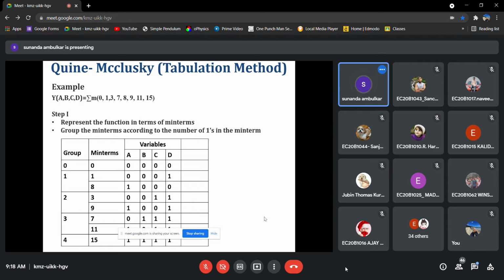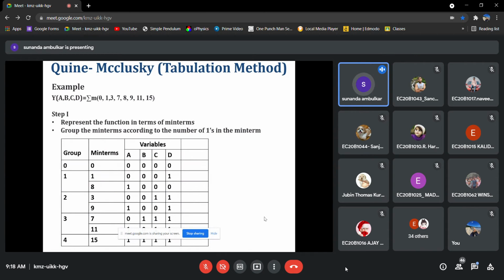Here we will take this example without the don't care condition. Then after this example, we will consider the don't care condition and how we can utilize it in the tabulation method.